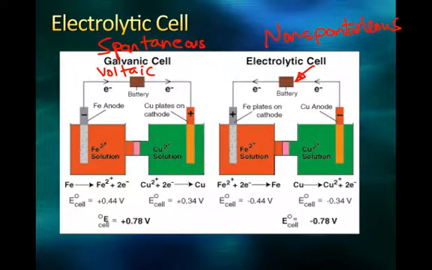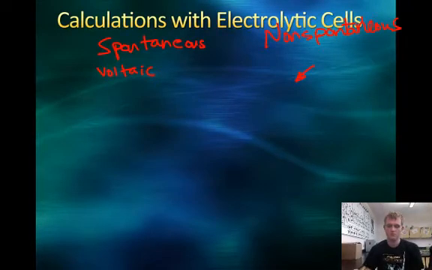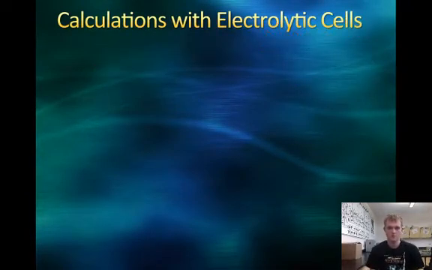For a non-spontaneous reaction, though, we're making the electrons go the opposite direction. So what we see is that the cell potential has a negative sign now. These calculations, though, with electrolysis are pretty easy. The electrolytic cell,